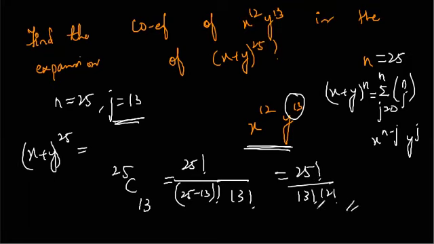You can either compute it or leave it as it is. So this is the coefficient. So whenever you're finding the coefficient of any term, the coefficient will be some numerical value. It won't include x and y variables. That is very, very important and to be remembered, that whenever you're taking the coefficient, you're only supposed to include the numerical value.